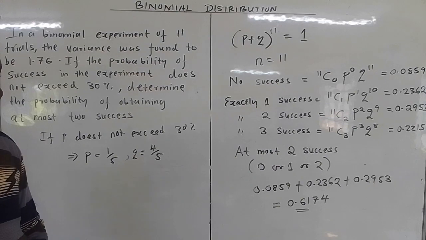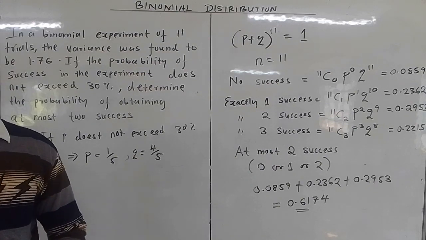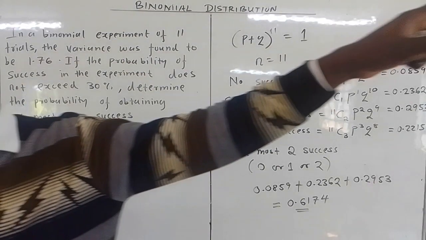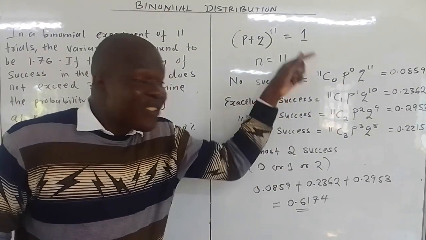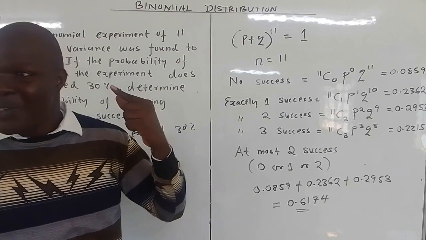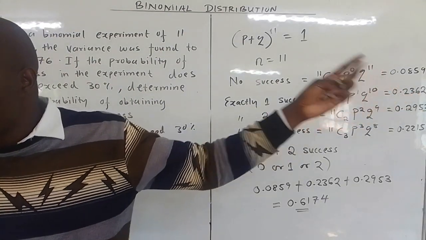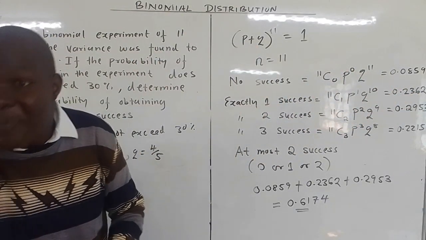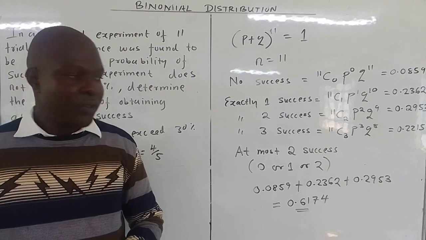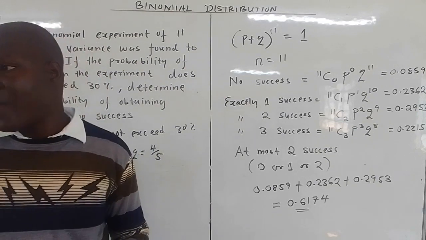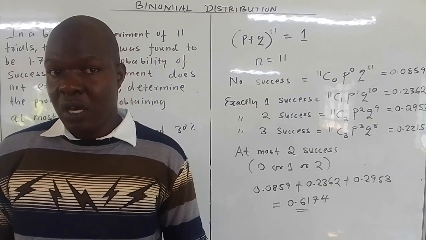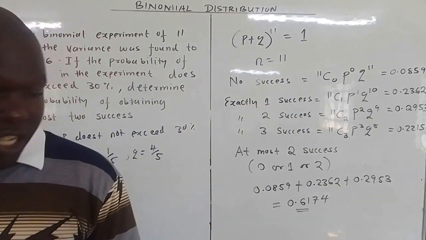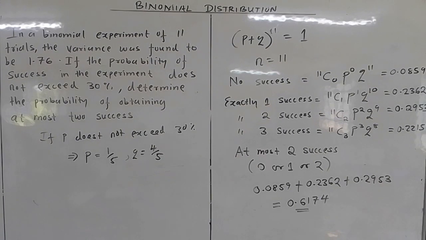So it means when somebody asks you at least 3 success, meaning 3 going on upwards, isn't it? It will be 1 minus what is left behind, so that you don't do a lot of operations. You can just make it the subject of the formula, isn't it? Very good. So that is how to handle cases of binomial distribution. Are we together? That is how to handle cases of binomial distribution. You know, today we are just introducing